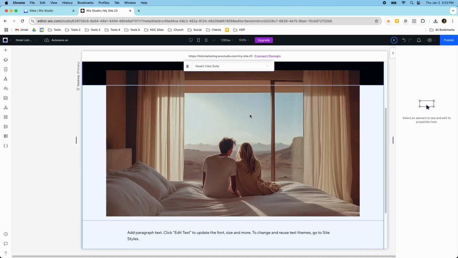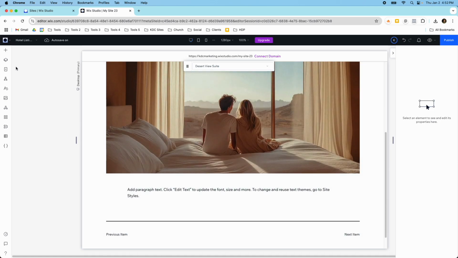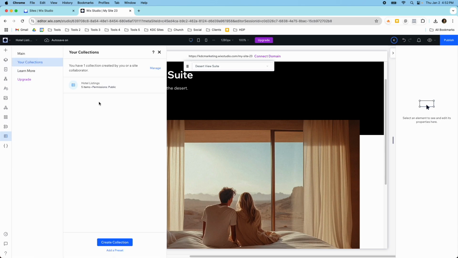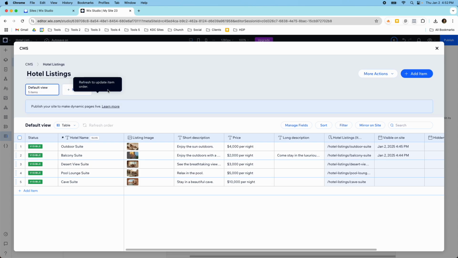So we have our pages now, and I'm going to show you how cool it is that once we change something in our CMS, how it changes across the board. Again, just to highlight the value of why you would use this. So let's take our Desert View Suite here. Let's add a long description. Come enjoy the desert in a unique experience like no other. So we have a description in here now, but I'm going to change the price. So let's say that for the weekend we want to discount it, and it's only